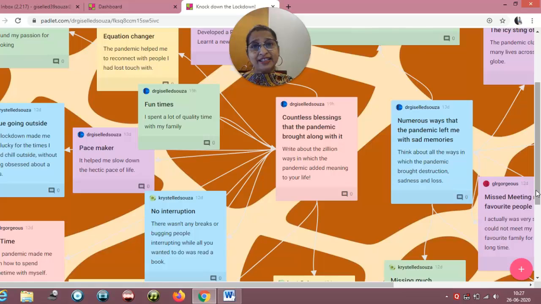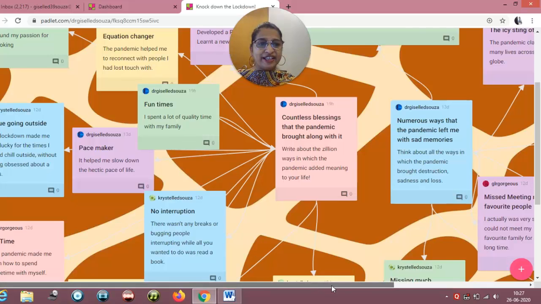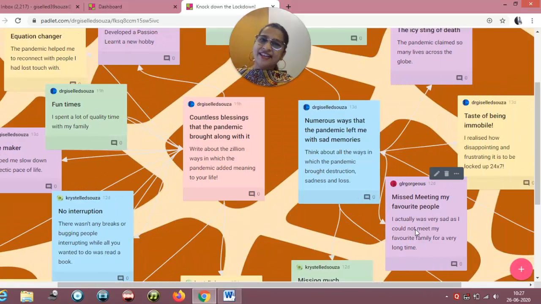Now this Padlet is in a wall format where anybody can post their ideas. All the positive things are posted on the left, all the negative things are posted on the right. You see these 2 boxes are not connected in any way, but you see there are arrowheads connecting all the positive things to the pink box and all the negative ones to my blue box. And this is called a wall format, where suppose I want to give you an option of how you can